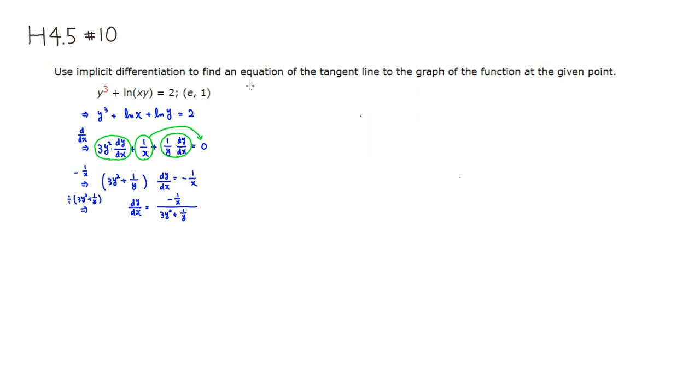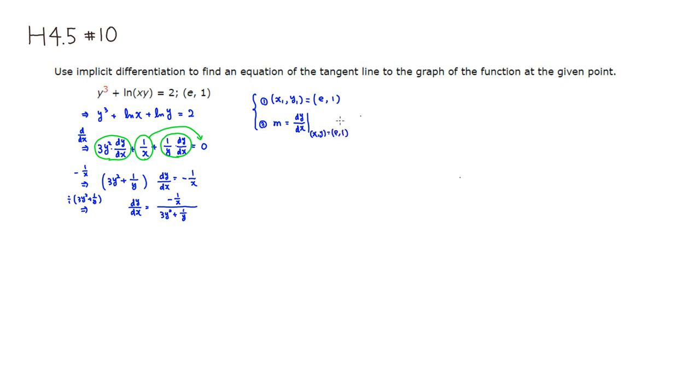We're looking for the equation of the tangent line, so we need a couple pieces of information. First, we need a point, which I'll call x1, y1, and this is a given point: e comma 1. The second piece of information is the slope. So all you have to do is take dy over dx and evaluate it at x, y equals